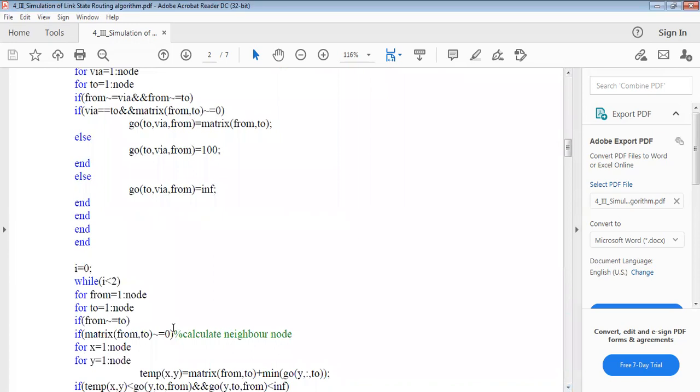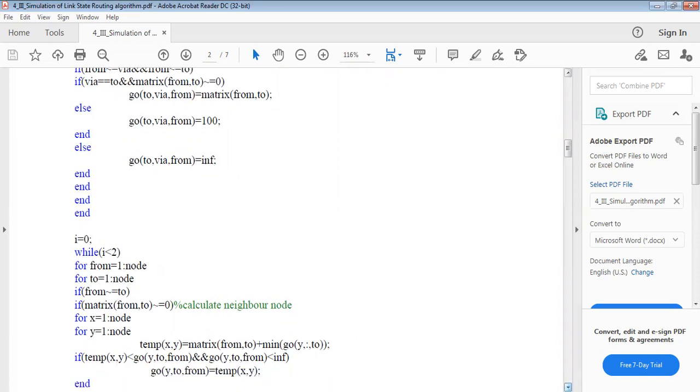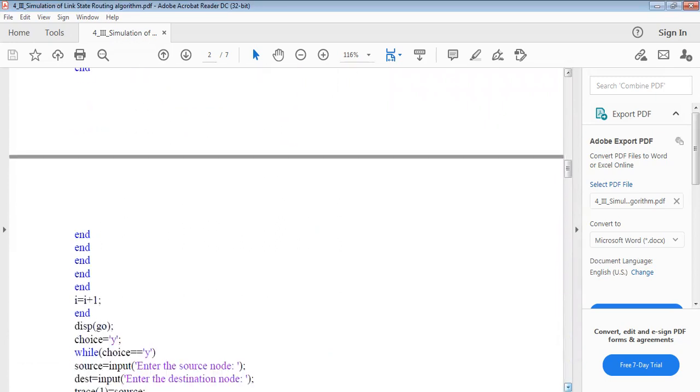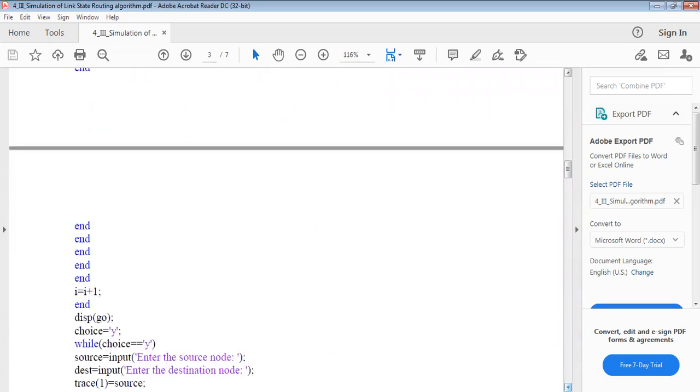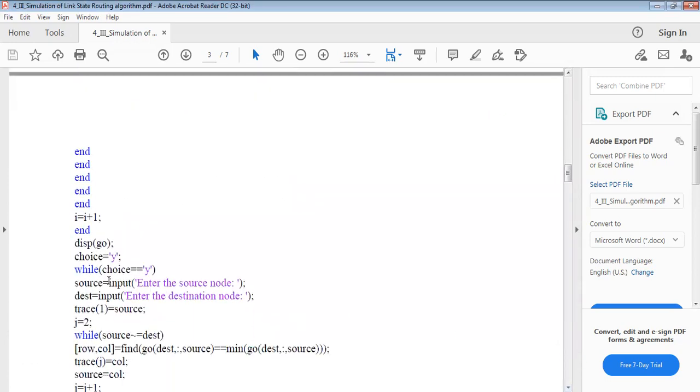Now this is the for loop we are using to increment every time the nodes are moving, and we are calculating the shortest path from source to destination. So this is the for loop we are using here. Here we end the for loop and apply the while loop. And here again we are using the choice of y, and source input is enter the source node and destination input is enter the destination node.